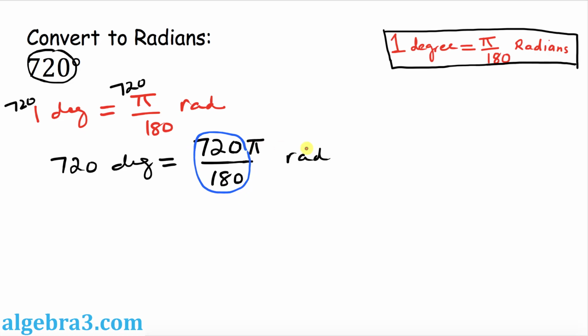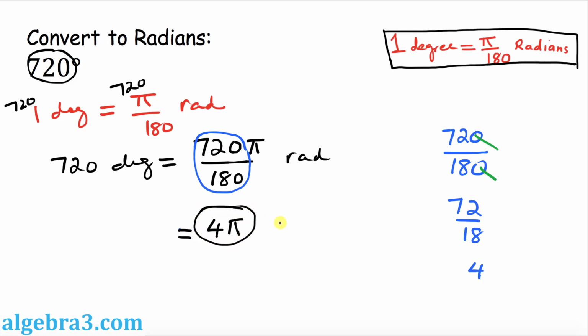So now the next step is just to reduce these fractions. I'm going to put down 720 divided by 180. As you can see, the zeros simply cross out. What we got is simply 72 over 18, and that is simply equal to what? 4. So that means this is reduced to 4 pi radians